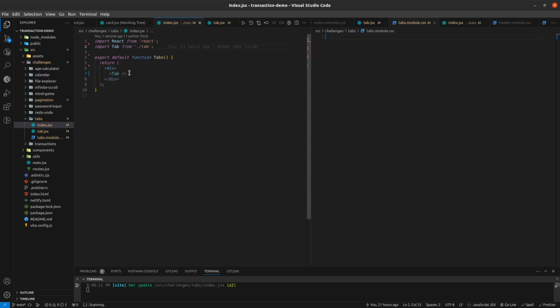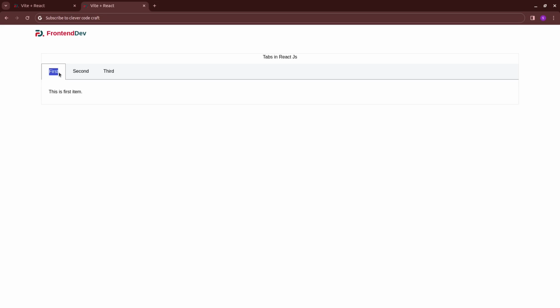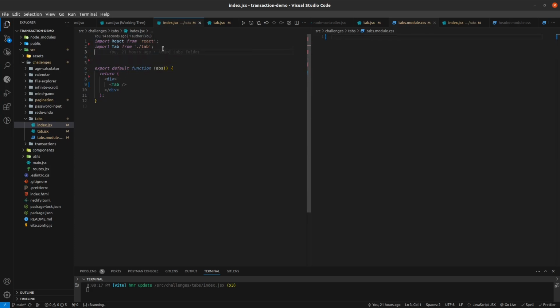Yeah. So what I'm going to do is send an array here that defines the config of our tab, like the header section and the component that is going to render, what will be the header of the tabs and what content is going to be rendered here. So for that I am going to create a const tabs array, and it will contain objects which contain the id, header,